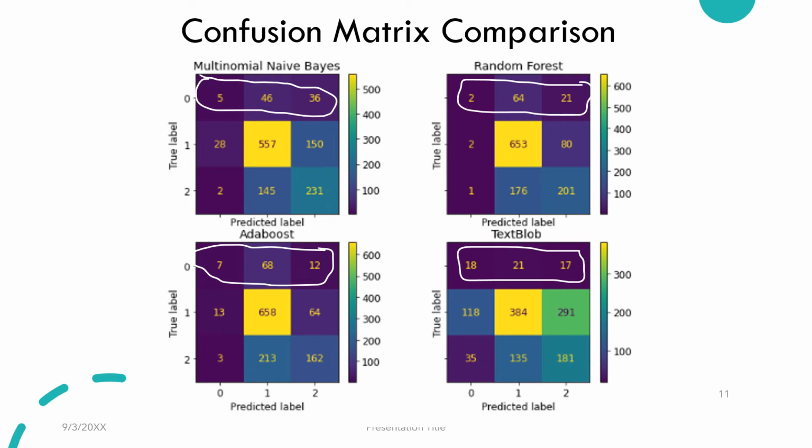However, test accuracy does not represent everything. Let's take a look at the confusion matrix here. The way you interpret a confusion matrix is to see whether most numbers appear on the diagonal line. Numbers on the diagonal represent the correct predictions for each class. In our case, if we take a close look at the first row of each matrix, which is the negative label classification, we can see our machine learning models perform very badly. In terms of predicting the negative labels, the textbook is actually the best among those.